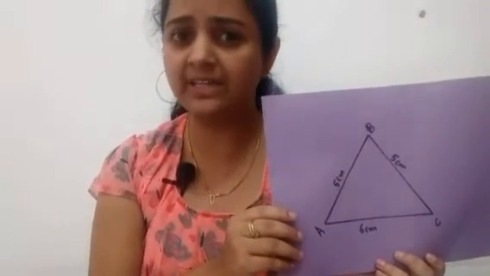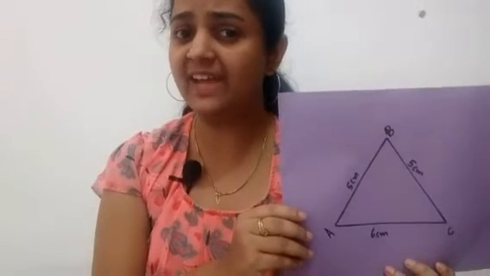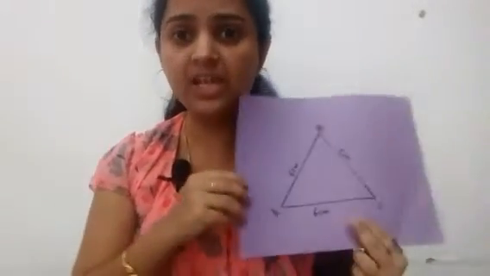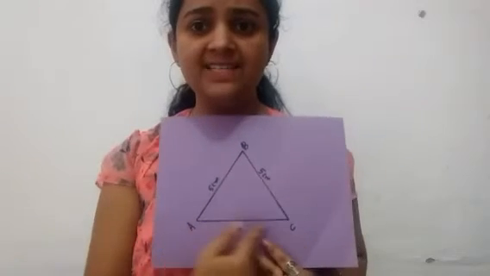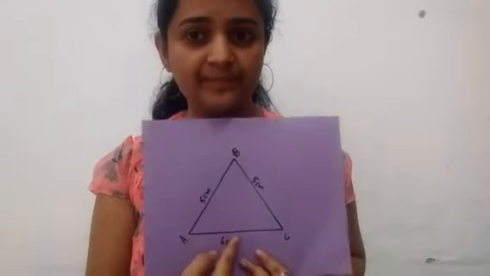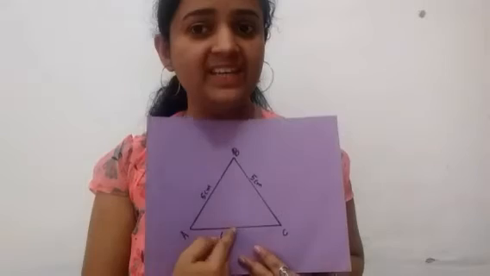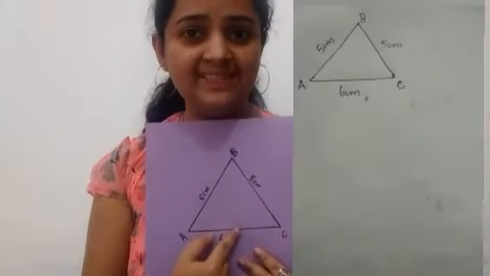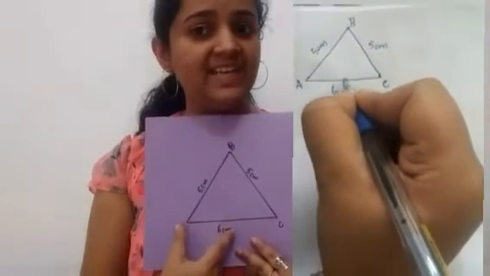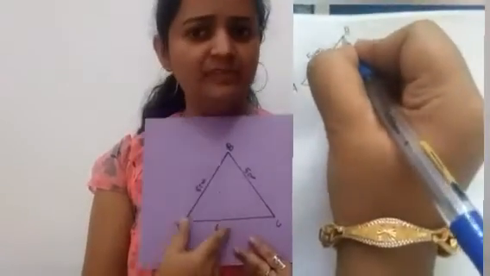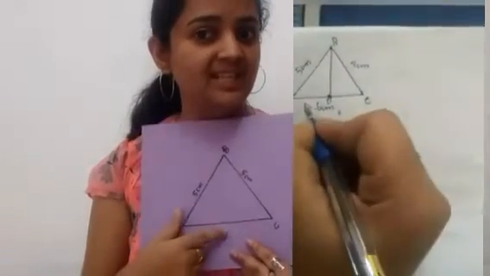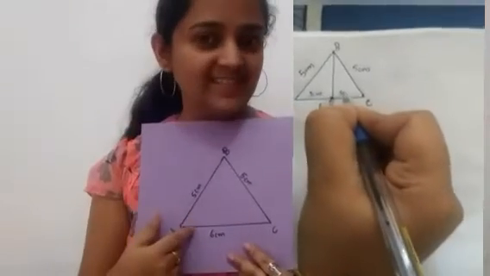But we don't know the height. Is it easy to find the height of a triangle? Yes, in the case of isosceles triangle, it is very easy to find the height. What we need to do for that? Consider the base. We need to find the midpoint of this base AC. So, let this be the midpoint of AC. We can mark it as D. Then we obtain it as AD and DC. So, what will be the measures of AD and DC? It will be 3 centimeters each because D is the midpoint of 6 centimeter.